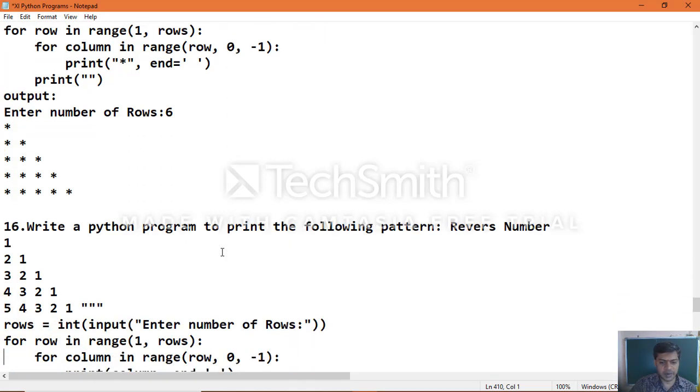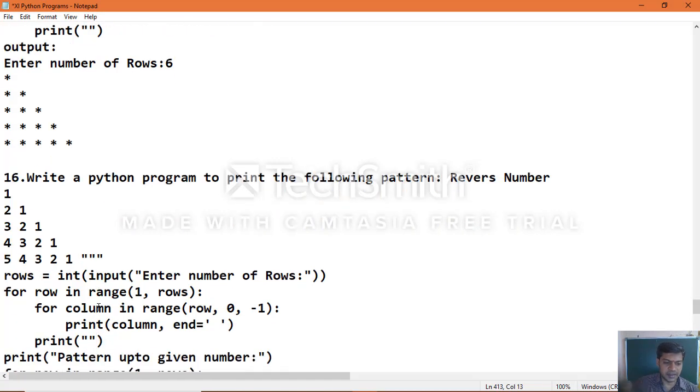Write a Python program to print the following pattern: a reverse number pattern, like 1, then 2 1, 3 2 1, 4 3 2 1, 5 4 3 2 1, printed in reverse. We can take the same earlier pattern example, and instead of printing the star character, we print the column. Rows equals int of input of enter number of rows, for row in range of 1 comma rows, for column in range of row comma 0 comma minus 1, print column.